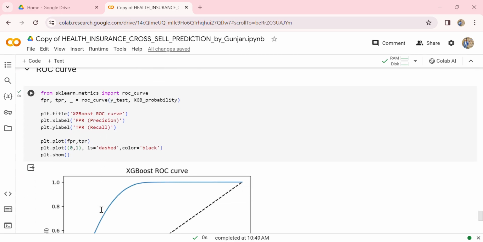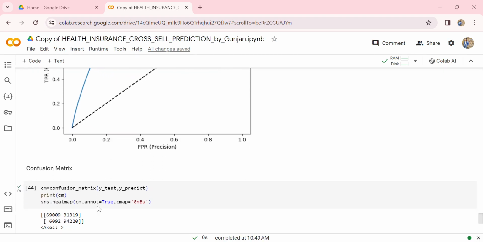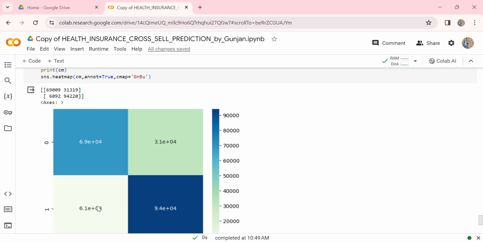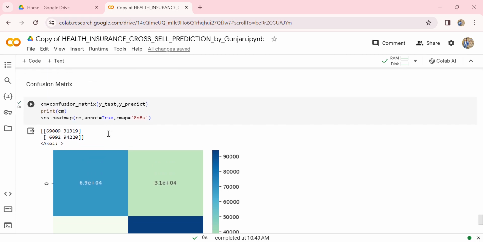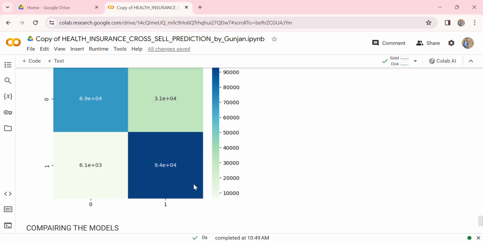This is the ROC curve for the XGB classifier. Then this is the confusion matrix for XGB. From here we can see that our value for true negative is very high, even more than the true